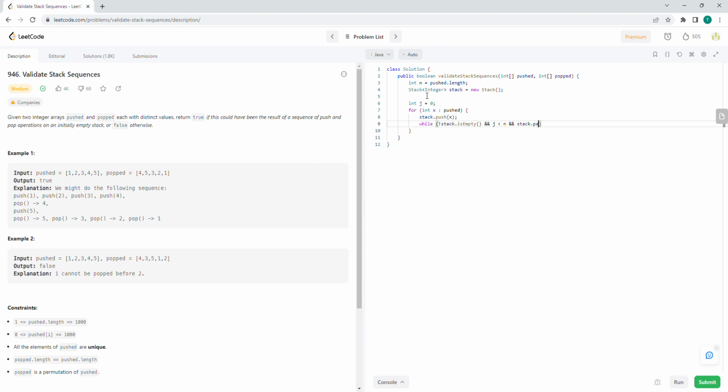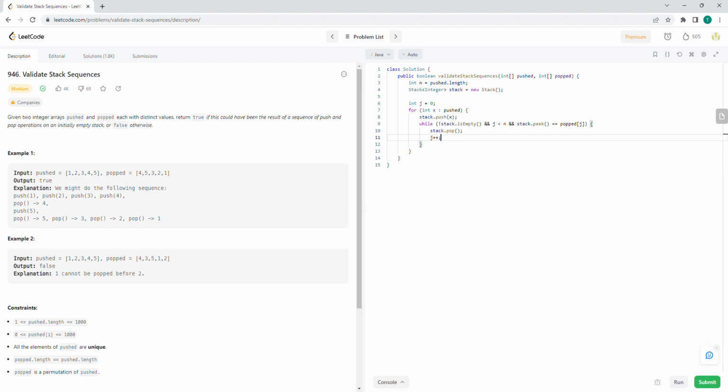I want to peek into the top element of the stack, and that's equal to the pop value at index j. So while all these conditions are true, we want a stack.pop. Pop the last item. And then we increment j as we go along.